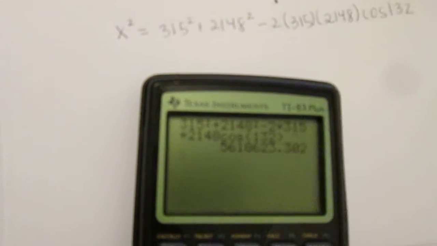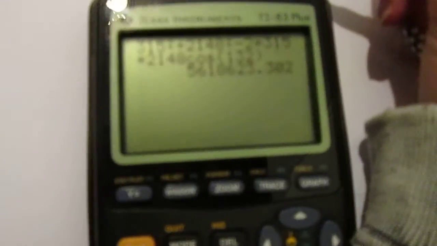We get this as our answer, as x squared is this. So this big number, so we take the square root of it,